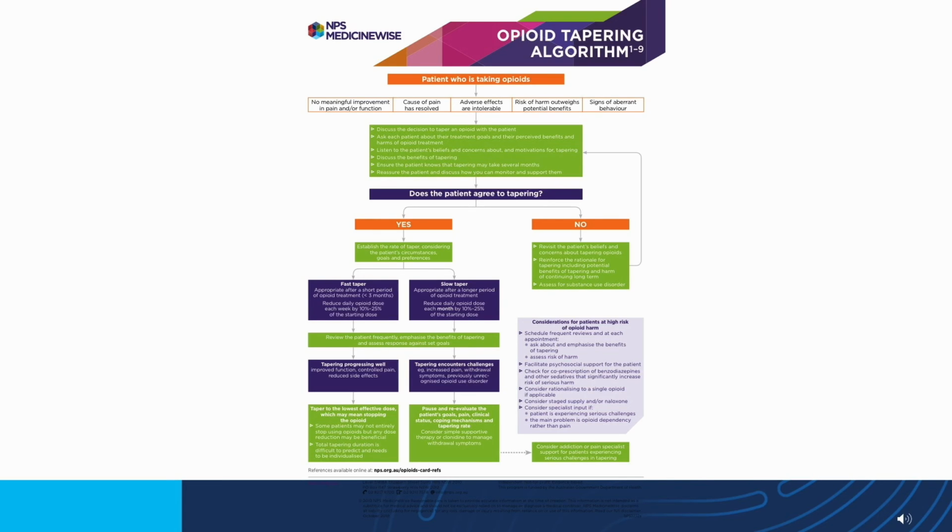Opioid tapering is a great document from NPS MedicineWise. Effectively, we know this already. If the pain is not improving, if there are side effects of the medications, if the medication is intolerable, if there are a couple of other things as we've discussed, you may consider weaning, tapering. You can do it a fast way, you can do it in a slow way. A fast way might be about 10 or 25% of medications, just say about 10% every week. A slow way might be about 10% every month. So again, there's no right way of doing it, but you've got to have the patient on board and you've got to have a plan of action. Use pain specialists if you feel like this is going to be a difficult one. That's what we're here for.